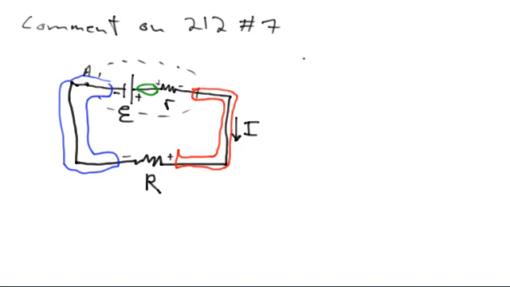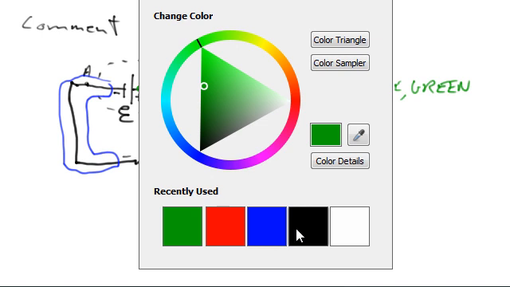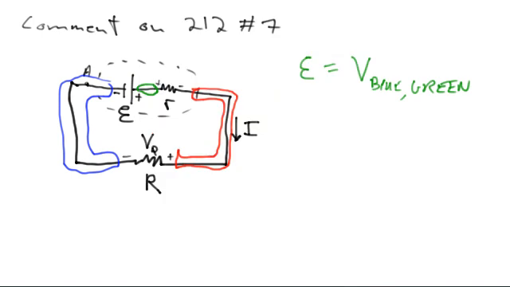So script E is the voltage between the blue and the green, whereas V sub R is the voltage between the blue and the red. And they're not going to be the same as each other unless the green is at the same potential as the red or the green is at the same potential as the blue, but that's not going to be the case in the circuit. And that's why you have to go to the trouble of using